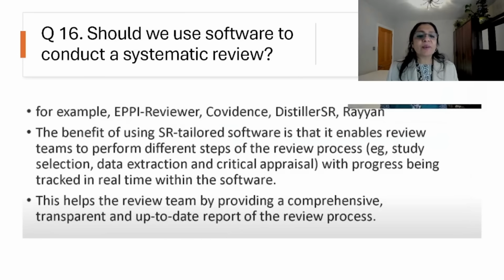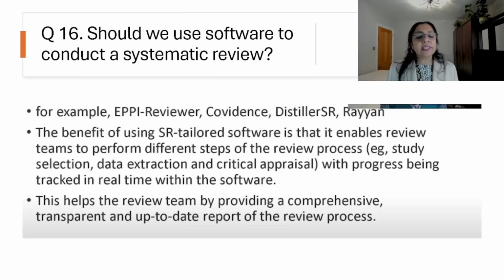The next question is, should we use software to conduct a systematic review? Earlier we saw software used in doing a systematic map. Now the question is whether we need software to conduct a systematic review. It is highly desirable to have software, and many people are increasingly using it.